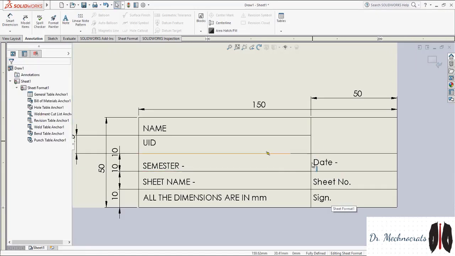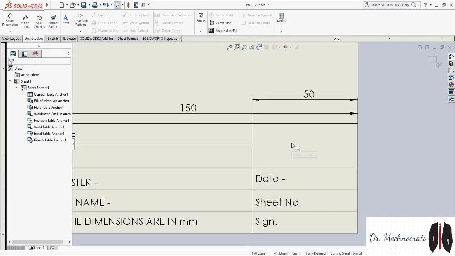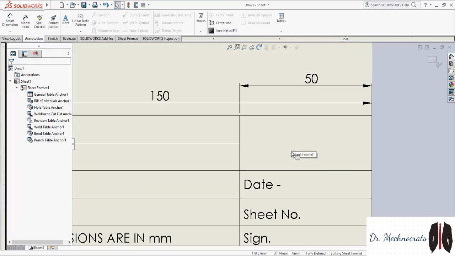Right, now here we have to make the symbol, as the drawing is in first angle projection or third angle projection. You have to draw the symbol for the same. So students, check the drawing sheet.